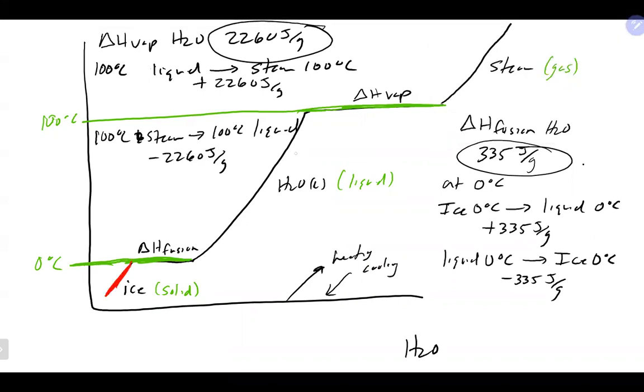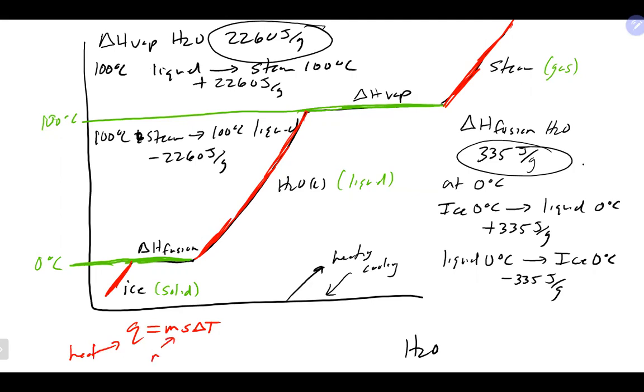If you're moving anywhere on this curve where you're actually in the same phase, but you change temperature, like for example that red spot there, all those red parts of the curve are the areas where we're staying in the same phase but changing the temperature. The heat for that is our friend specific heat. Q is equal to m s delta T. So we would use the specific heat equation to do that, where Q is the heat or energy,